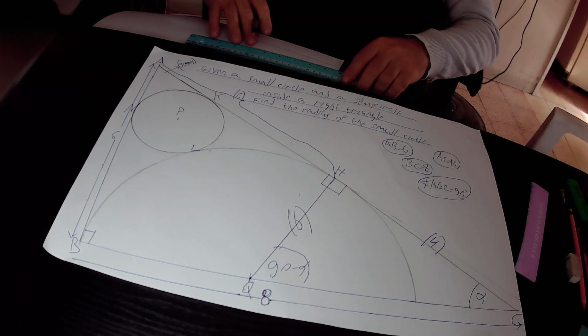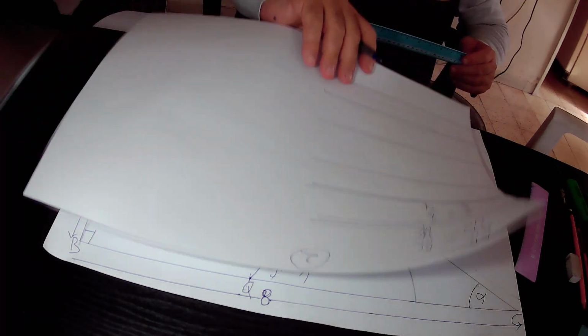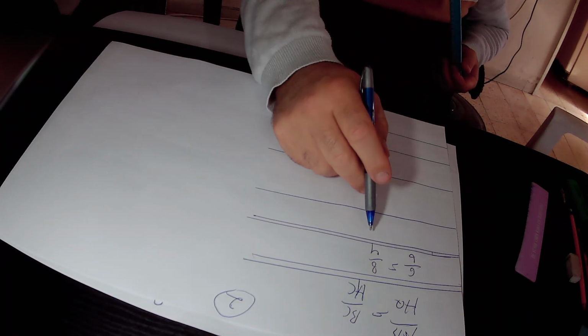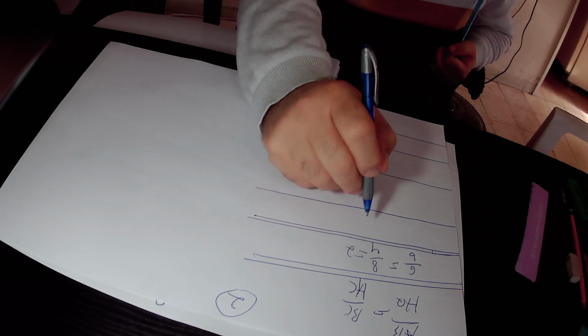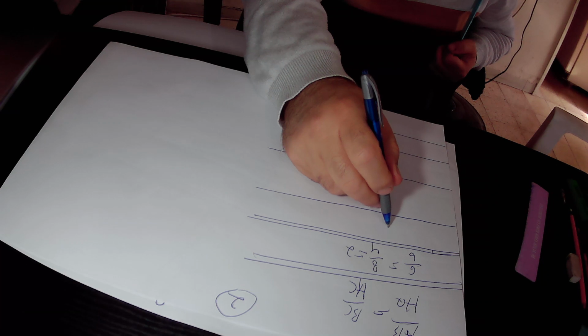So we found out that 6 over B equals 8 over 4. 8 over 4 is 2. So 6 over B